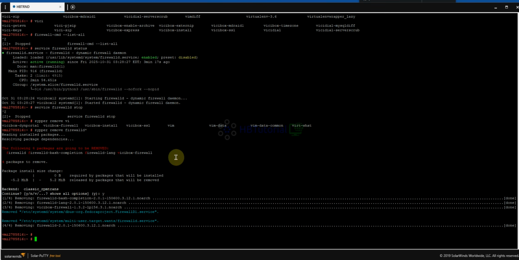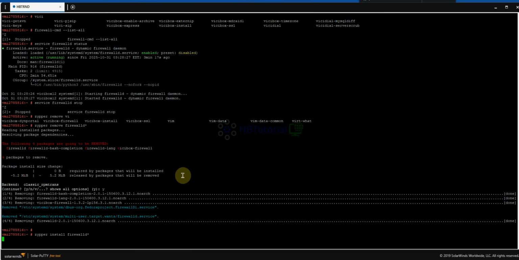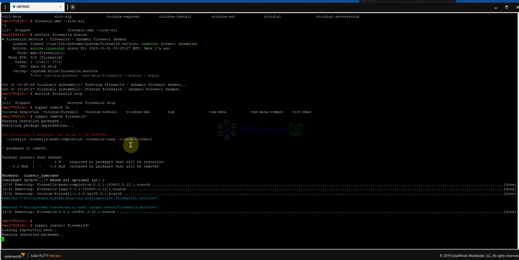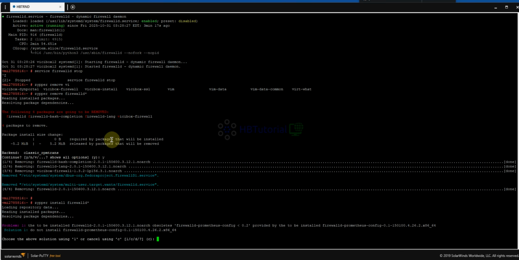Okay, so after successfully removing the firewalld, you need to do zypper install firewalld again. Okay, so from here it will also install the same thing, the vicibox firewall. So you can check over here.